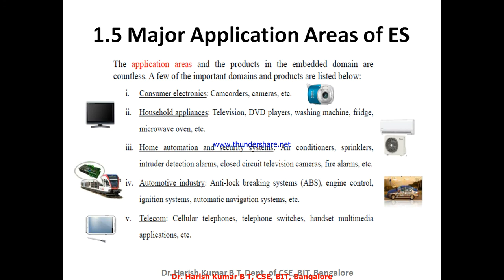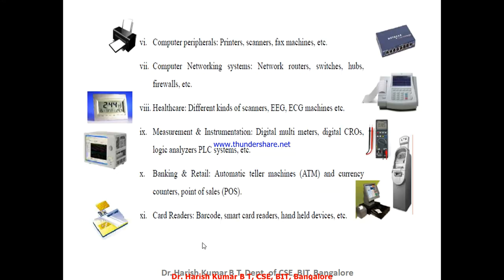Sprinklers, which are used in agriculture, intruder detection alarms, and fire alarms. Many more are there. And then the automotive industry, as I already told, the majority of the automotive industry is using embedded systems. Say for example, ABS, anti-lock braking system, engine control system, ignition, everywhere. And telecom, cell phones, the switches, handsets, multimedia applications. Many things are there, and computer peripherals also. Say for example, printers also you'll find